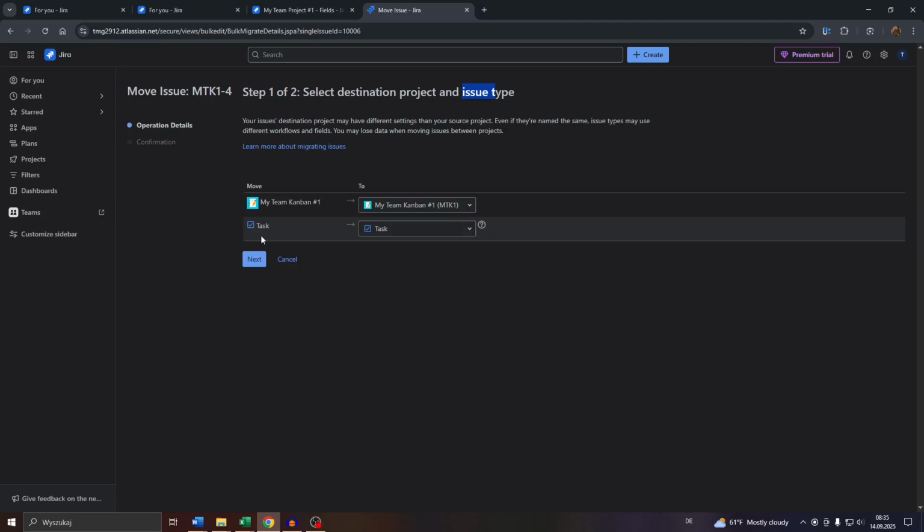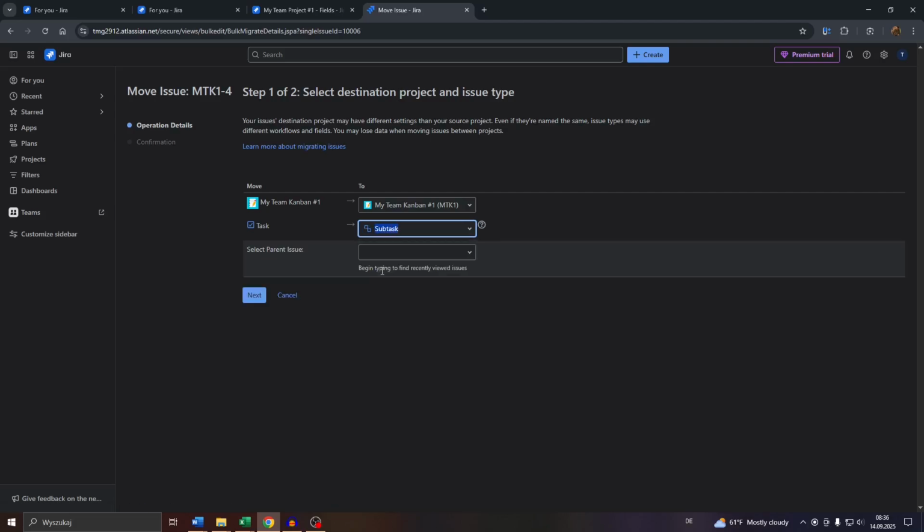As you can see, the current issue type is task, but you can go with any other supported issue type like subtask or story or epic or back to task, and simply select it. So let me convert that one into a subtask, and then you may assign, for example, a parent issue, as subtasks basically need parent tasks, which makes sense. So select another task as the parent task, confirm by clicking into next here,